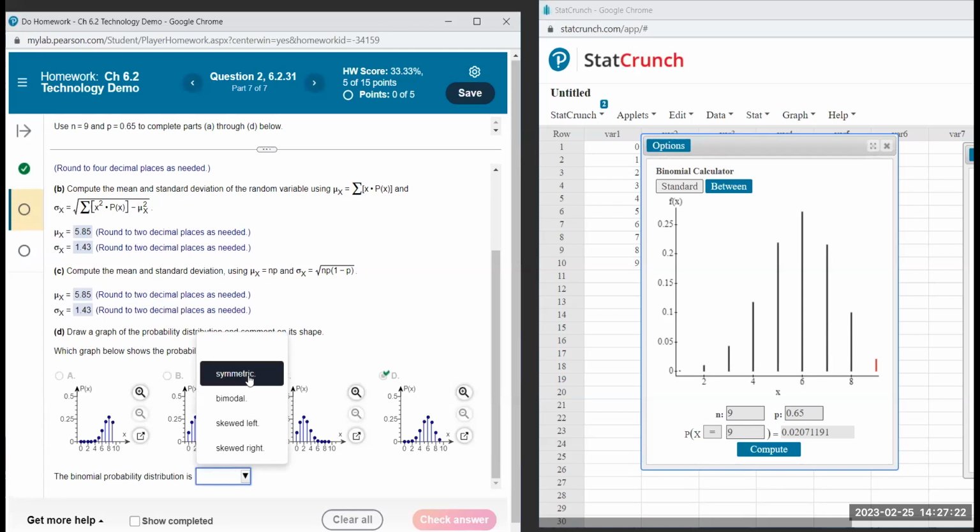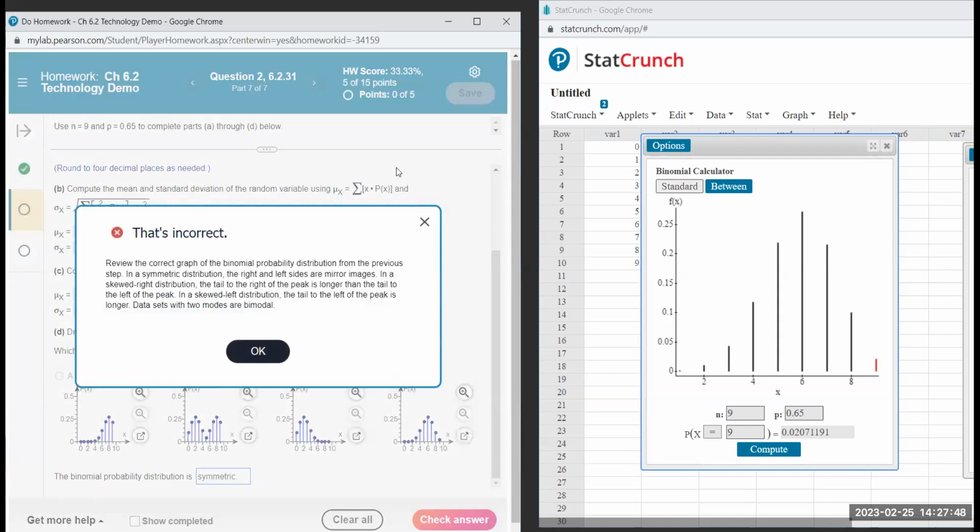And then I said this one seems pretty symmetric, but if yours is slightly skewed, then I don't know, it's a little bit skewed to the left, but does it say roughly skewed? Let me see. No, it just says skewed. It seems like it tapers off a little bit to the left, but see, if I saw something like this, I would say roughly symmetrical. So don't hit check answer. Let me do mine first to see if I agree with the publisher. Yeah, see,